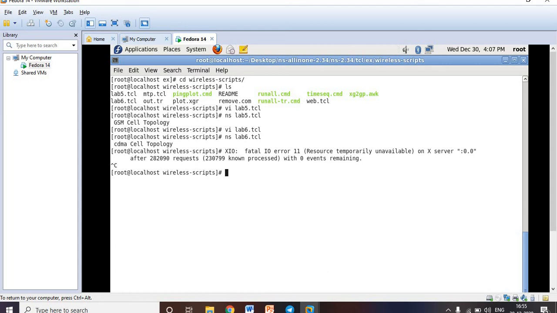Suppose you want to come back to the desktop now. Just press cd space dot dot. See, you came to EX. cd space dot dot, TCL. cd space dot dot, you came back to ns 2.34. cd space dot dot, you came back to ns all-in-one, then cd space dot dot, you are in desktop. cd space dot dot, yes, you came to root, the original folder. So this is how you need to execute your fifth and sixth programs, that is the GSM and CDMA programs.